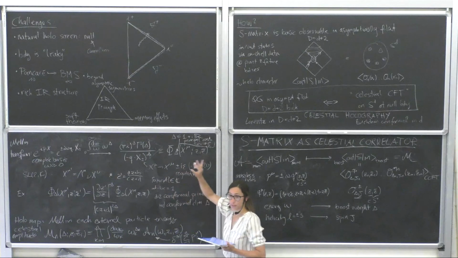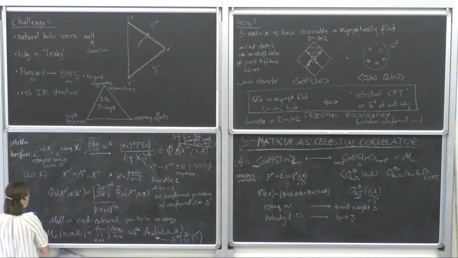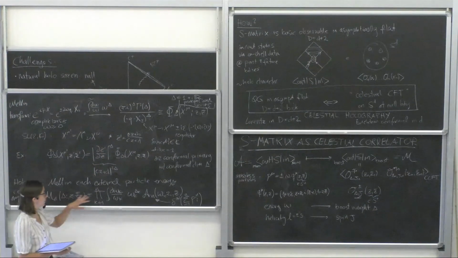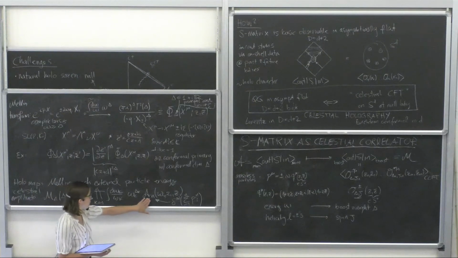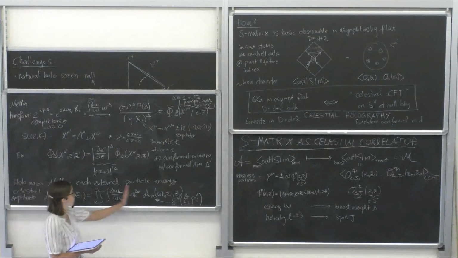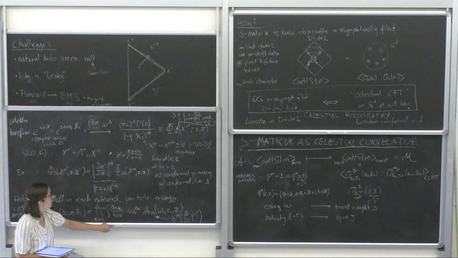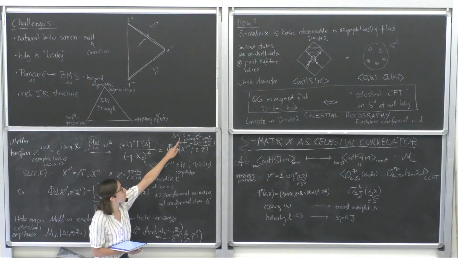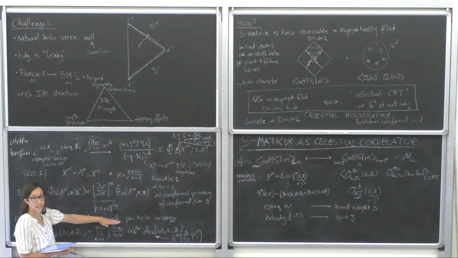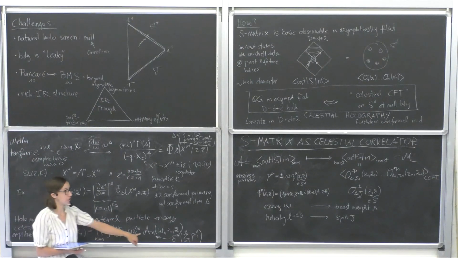When you restrict your wave functions or operators to lie on this principal continuous series, then you have a complete basis, and you can map the original momentum space amplitudes and the celestial amplitudes back and forth. You can do this transform, but you can also do an inverse transform where you integrate over the deltas instead of the energies. There will be an integral that goes from 1 minus i infinity to 1 plus i infinity, and then you can recover again from the celestial amplitude the original momentum space amplitude.